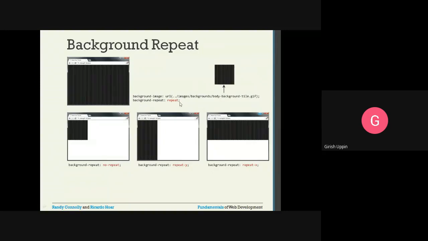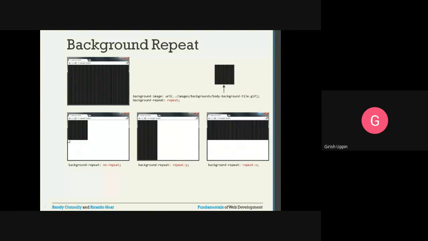So if you give this as repeat, you can take this exactly to scale. The element that has the background is this big one, and the background image is a smaller one. When you say repeat, it is going to repeat all over the background, so you will see the background like this. And this is the example where you are saying no-repeat. When you say no-repeat, it will take only the actual size it occupies.